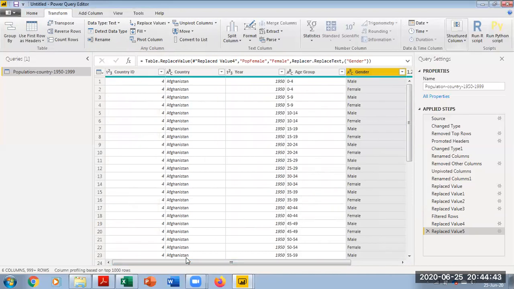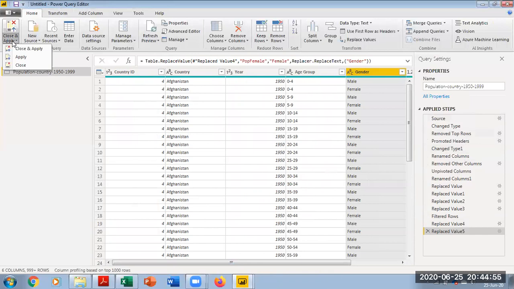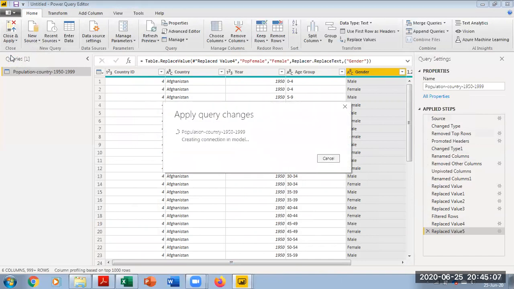If I want to check whether the data are perfect or not, now we can see I've done a lot of changes here. All my changes are recorded in my applied steps. So now I'm going to go back to the home tab, and I'm going to check whether this is right or wrong, in case I missed anything here. I'm going to just say apply. Then it pops up a small window and goes through the data completely. If there is an error, it is going to shout at me saying that there is a bug in it. It is applying the changes that I've made to the query. Once this query updates and the screen disappears without any error message, then whatever I did is perfect.